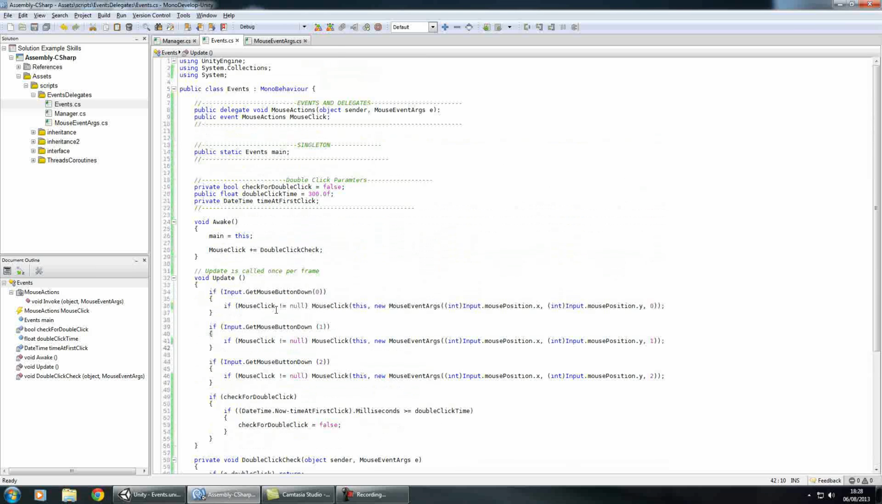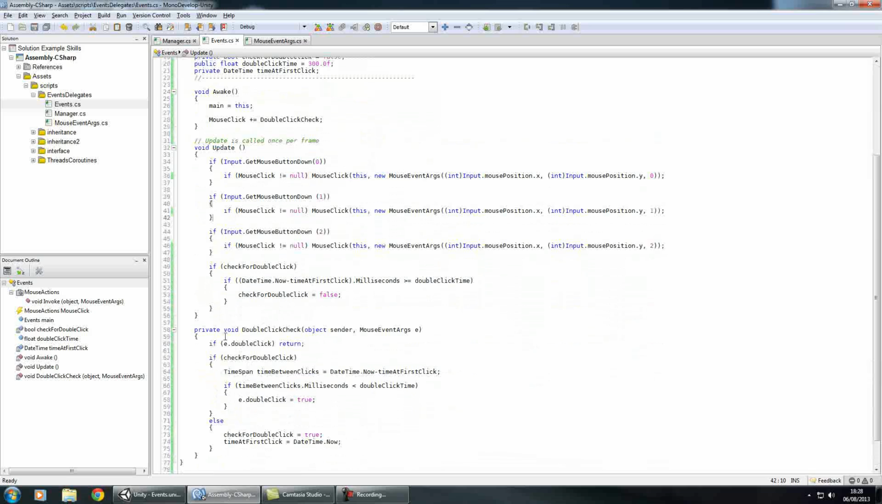So if we haven't double clicked, if it's just a single click, it comes in. You see there, if we're not checking for double click, it'll set check for double click to true, and it'll also say time at first click equals datetime.now. And then if we clicked again, this check for double click would be true, so we'd come into here,